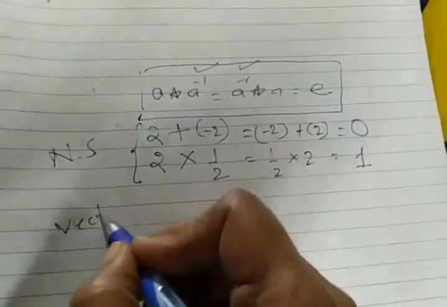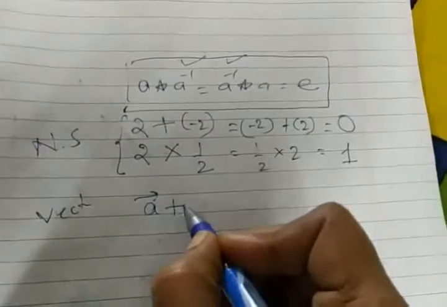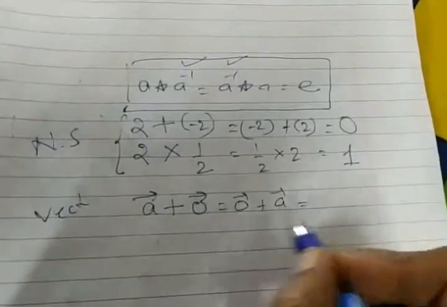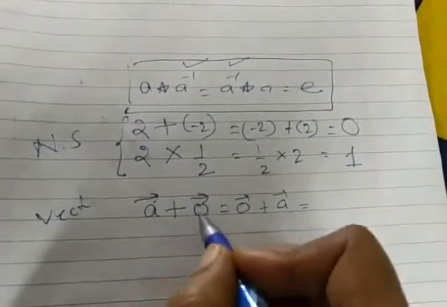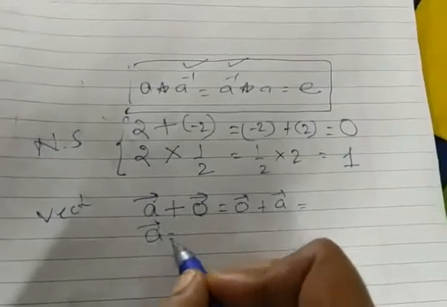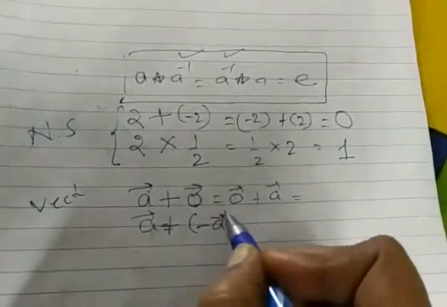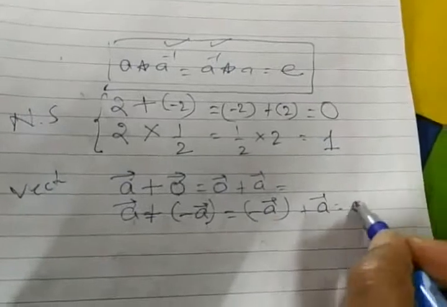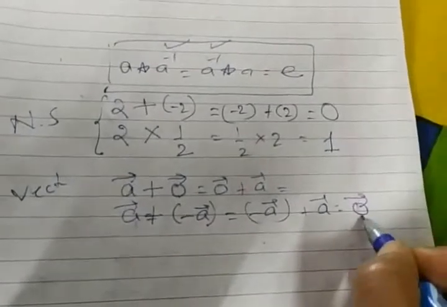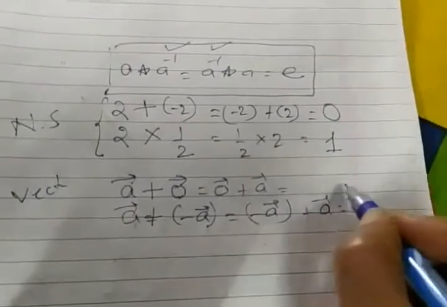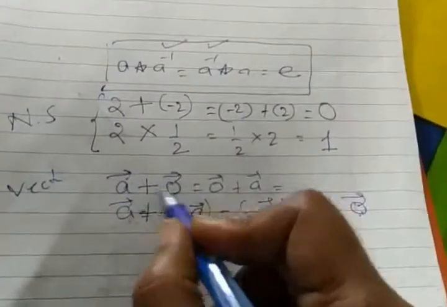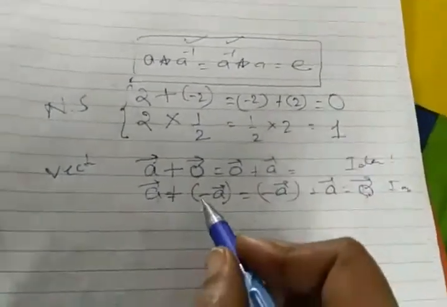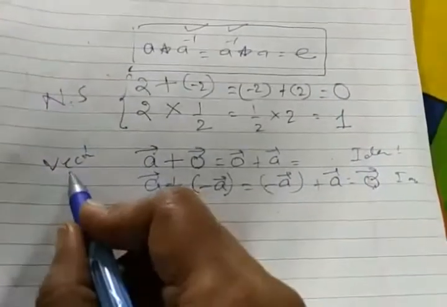Whereas in the vector chapter also, any vector with respect to addition operation has a null vector or the reverse. I was speaking about identity element here. So instead of identity, I should say any vector with respect to addition operation has its negative vector or the reverse. So this will give us the null vector, and that itself is called the identity. This speaks about identity, and this speaks about inverse. So inverse you have come across with respect to addition operation in the vector chapter.